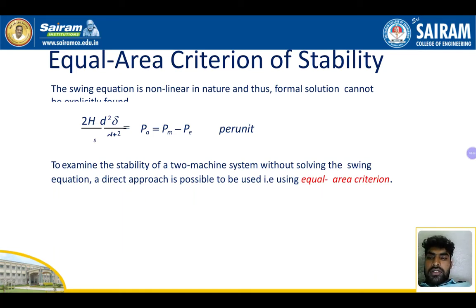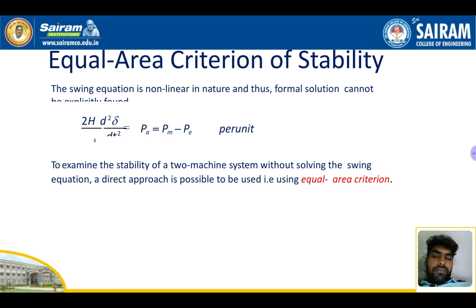Let us discuss equal area criterion for stability. This topic comes under power system stability analysis and the swing equation. The swing equation is the base for stability analysis, that is, the ability of the system to remain stable. If the motor rotor is swinging, or fluctuation occurs, that is a disturbance we can call. We are going to take that as a reference, and then we'll move on to the topic of equal area